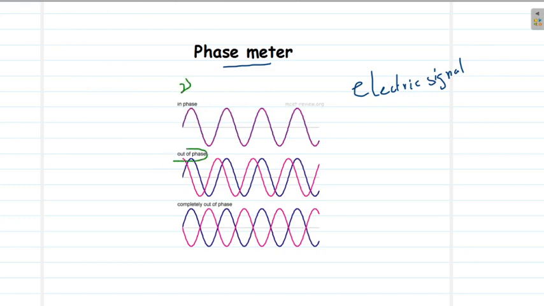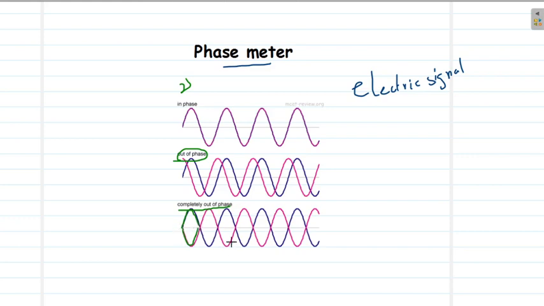Here you can see an out of phase situation between two waves. They lag behind each other, and this is an example of completely out of phase waves. The positive half cycle of one wave coincides with the negative half cycle of the other. So during the positive half cycle of the first wave, we have the negative half cycle of the second wave,